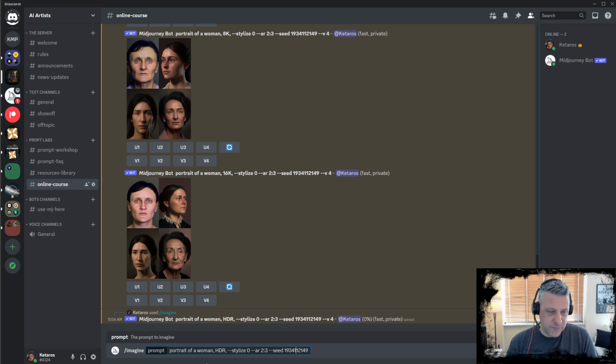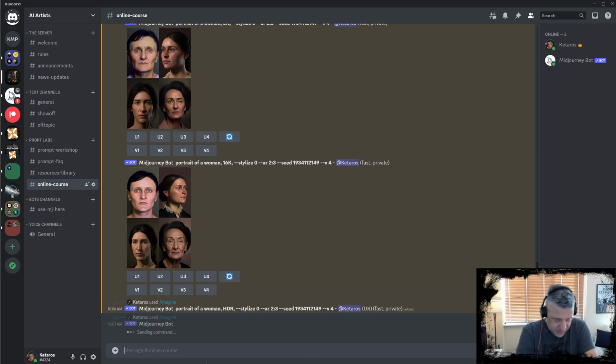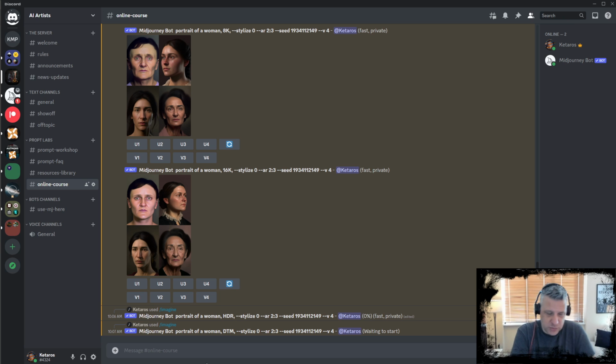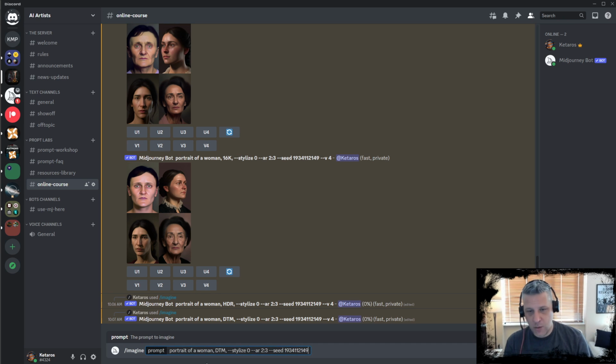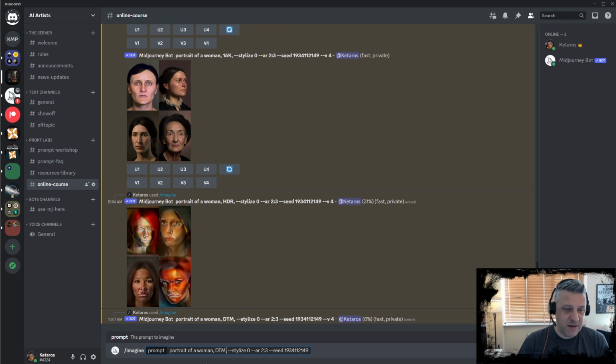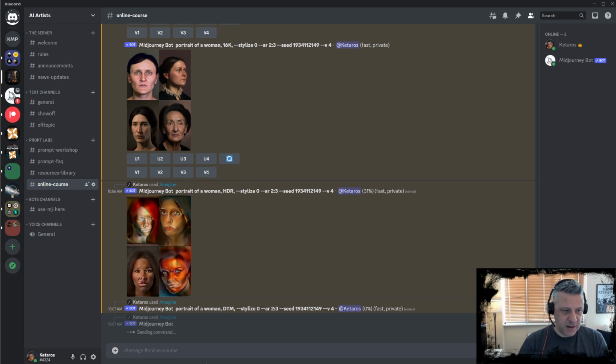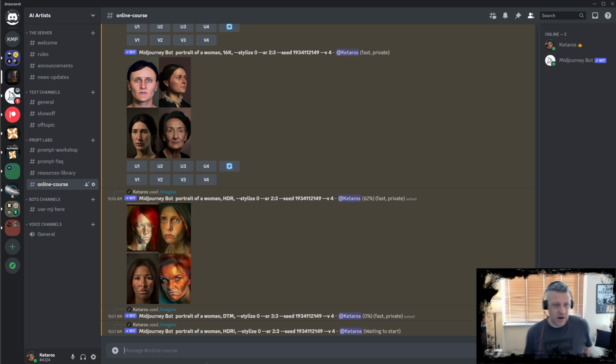For the sake of time, let's now use here another one called DTM, which is dynamic tonality mapping. This will be interesting for us to test as well. And let me add another one here, which is HDRI, a variation of HDR imaging that will also be interesting. So we now have the HDR, and you can already see very strong dynamic tonalities happening in the picture. We're going to put it there to compare, for you to understand what the HDR does. It will pretty much